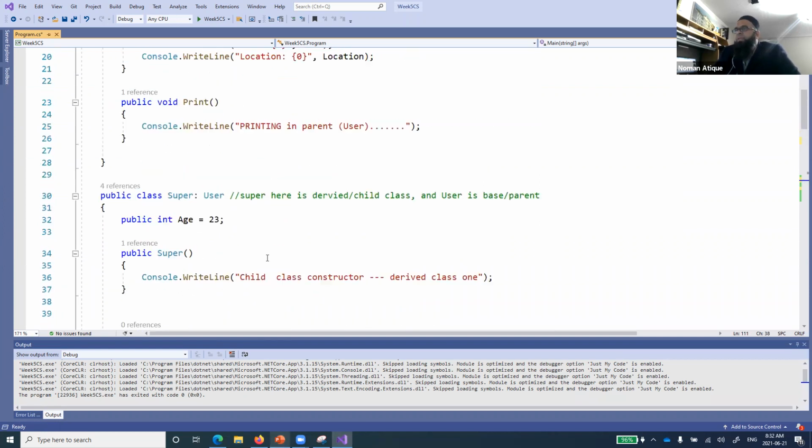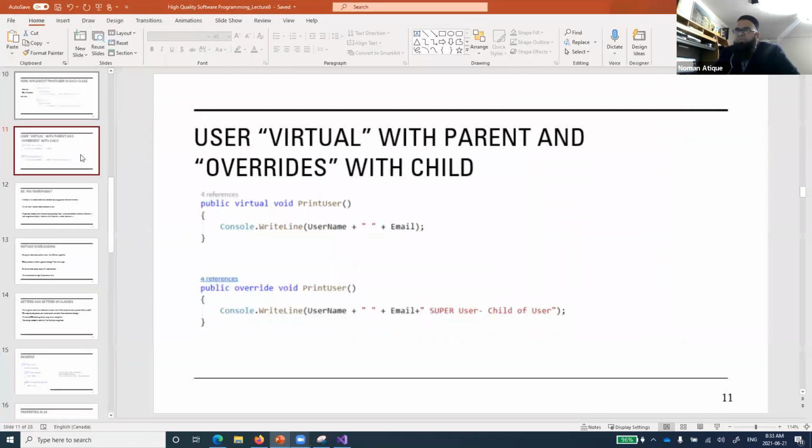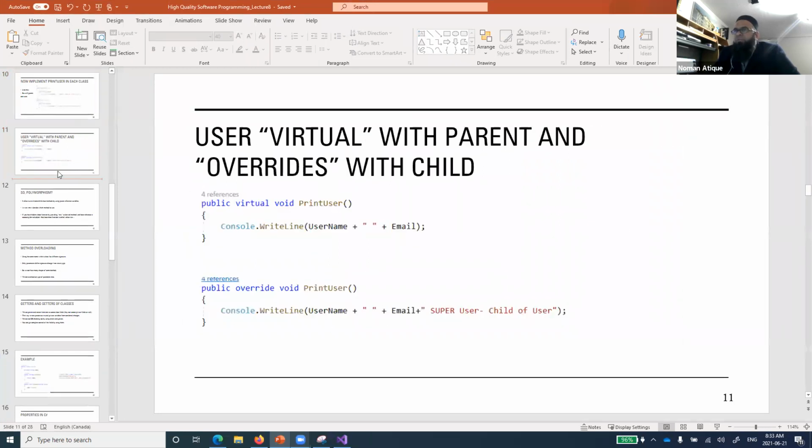Now you see here there is another way to define a method and override that method. Typically, when we do overriding of methods, we use two reserved words. Let me show you, and then I'll show you the example. If you see here, we have the virtual keyword with the parent and override with the child method.